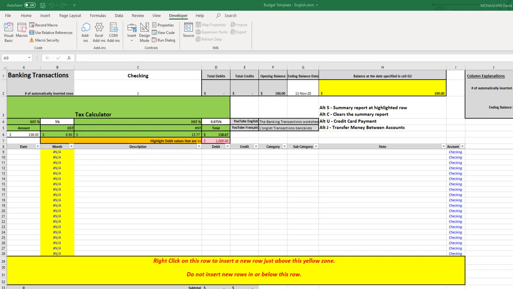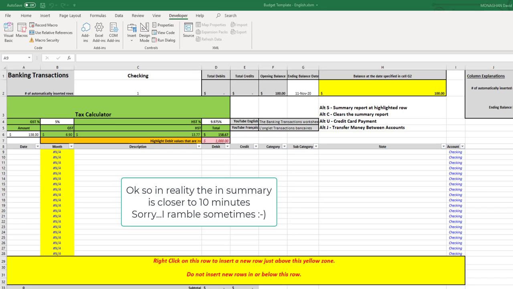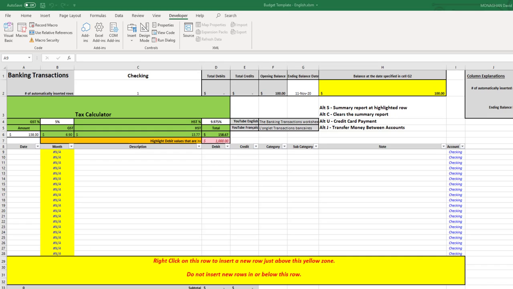In this section, I'm going to give you a quick start, 5-minute overview of entering transactions so that you can get a general idea of how this worksheet works. You can then choose which sections of the video you want to go to in order to get the full details. The bank and credit card transactions tabs are at the heart of this spreadsheet, and it's where you enter